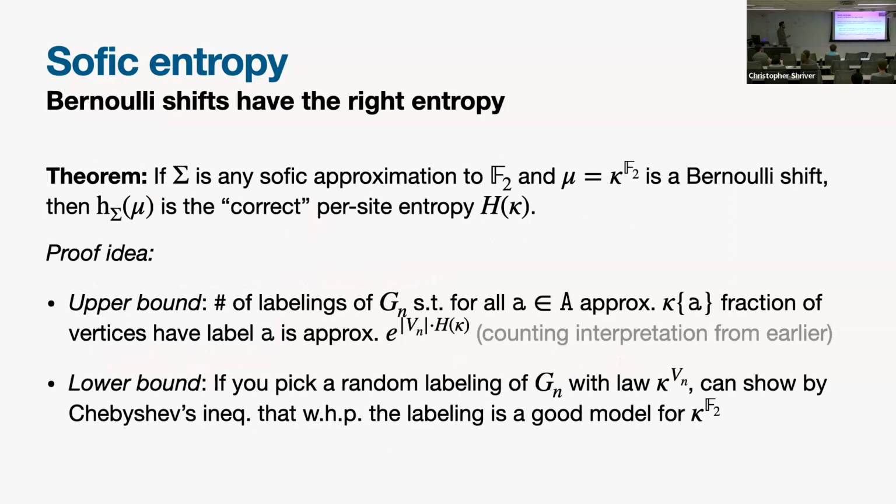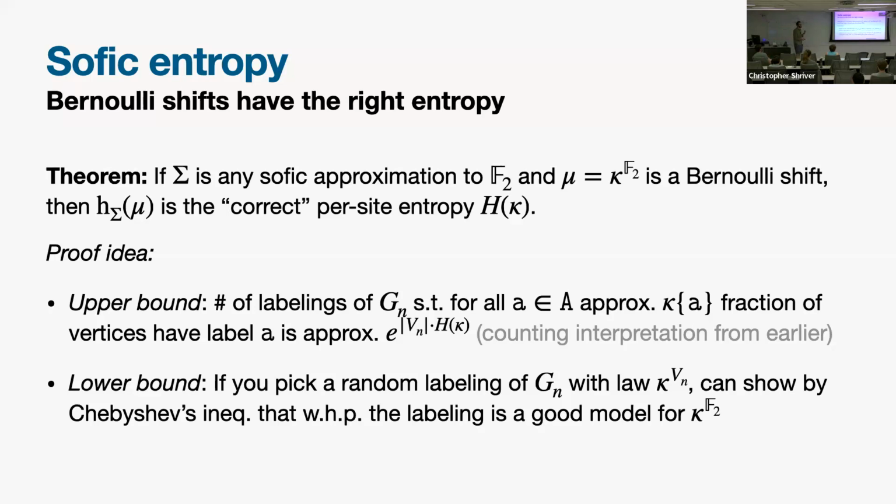Okay, so yeah, we want to verify these nice properties that entropy rates should have. The first one is that if I have an IID labeling, or what I've also been calling a Bernoulli shift, like I said, it really needs to have this per site entropy that it obviously should have. That's something the definition needs to satisfy. Okay, and this is not really that close to a complete proof, but the upper bound is actually exactly